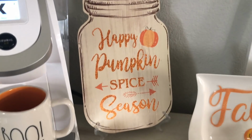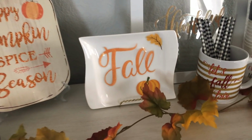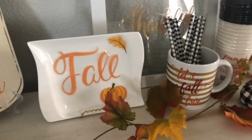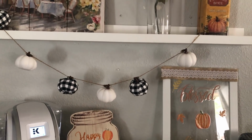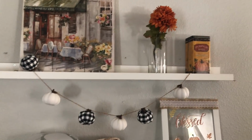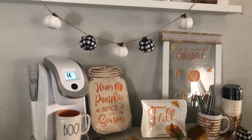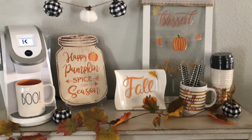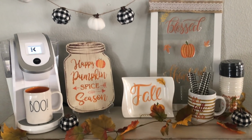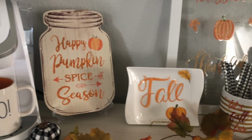I got the 99-cent store mason jar, the little plate that I put window clings on, my little mug, my little window I did, my Hobby Lobby little pumpkins that I just hung up there. And guys, you gotta excuse me because I got nails in the back of here. Because I always change up my decor, so I just decided to leave them in there. But this is how this little area turned out,